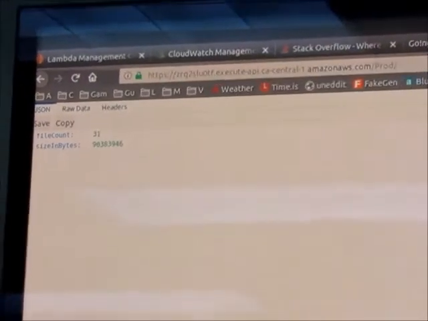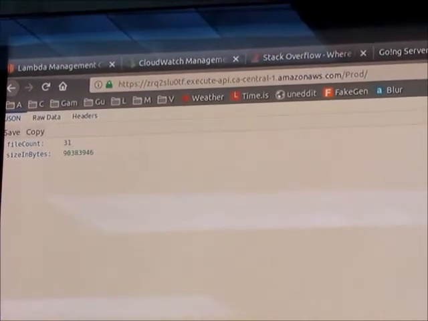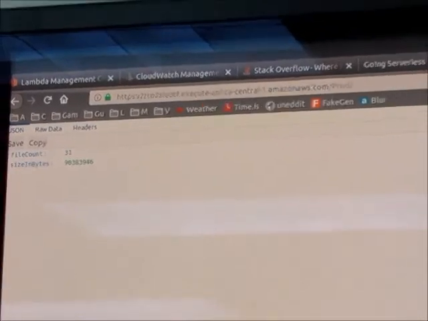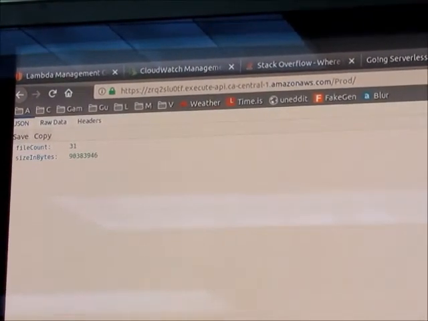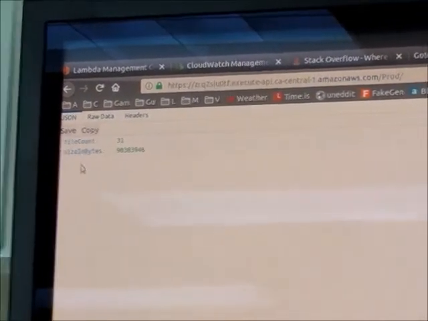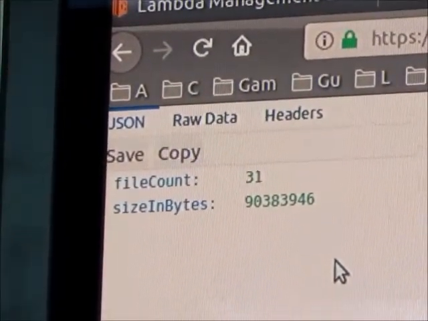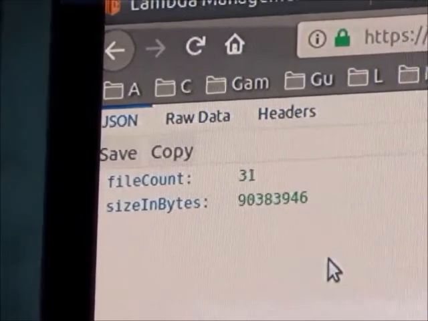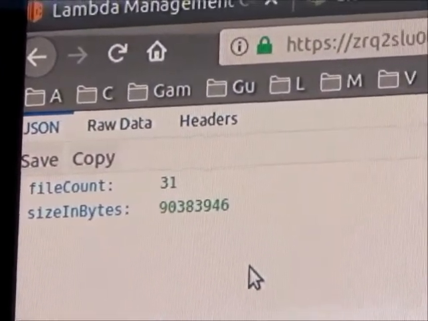And there we go. Now we have a tiny API with very little code, and I'm able to basically abstract away a lot of the headaches with hosting my own server with very little cost.